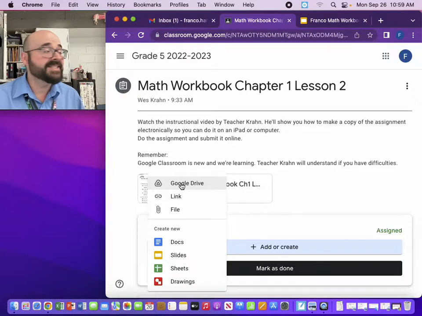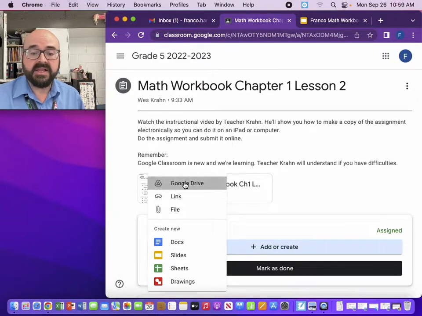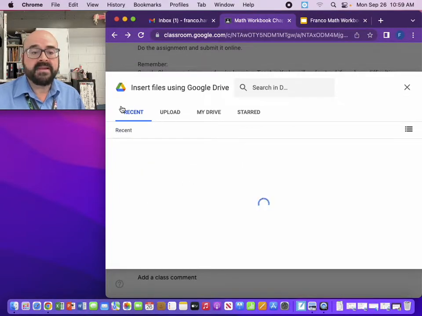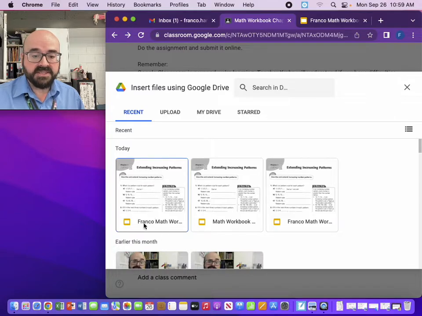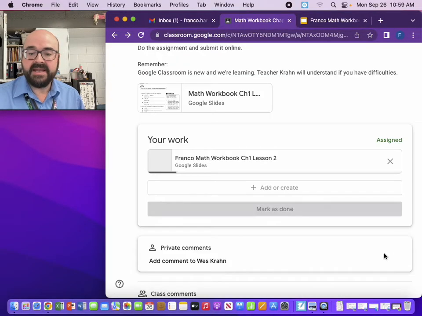Now, I didn't say save anything in Google Drive, but the awesome thing about Google Slides, Google Docs, and any of the Google apps is that as soon as you create a document, it will actually save in your Google Drive. So you will never lose anything. I'll click on Google Drive, and under Recent, this is my Franco Math. You'll notice the other one is still there, but I don't want to submit that because it's blank. I'll select this, add it,